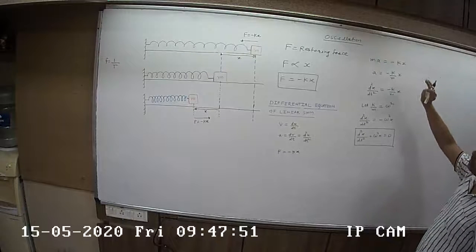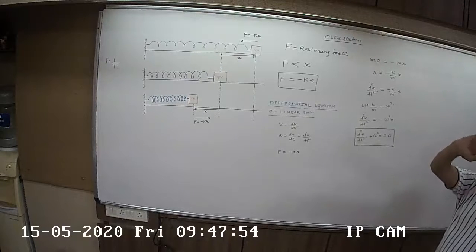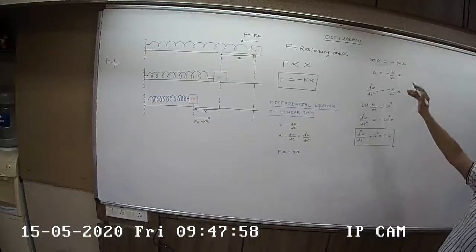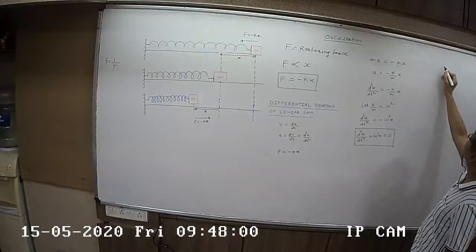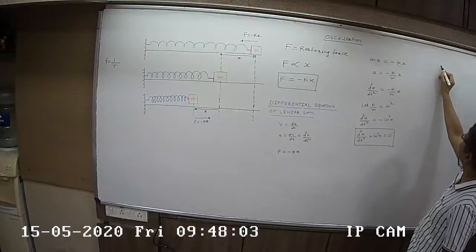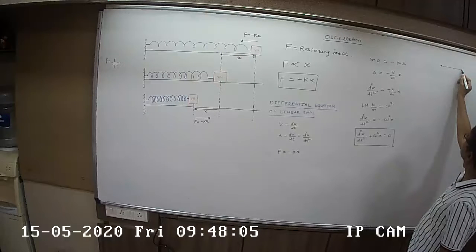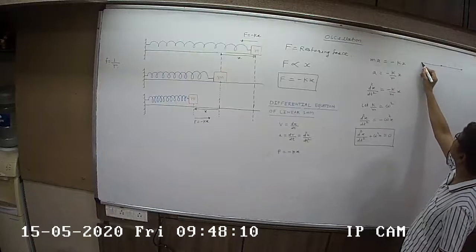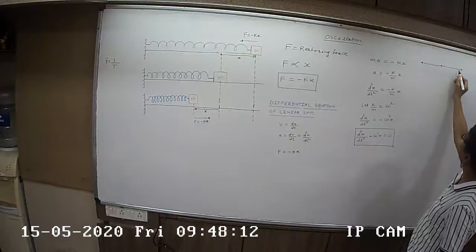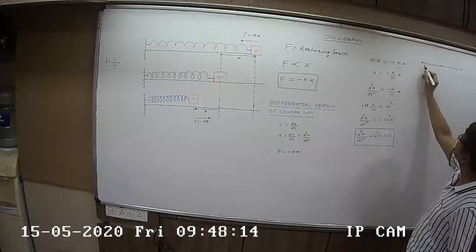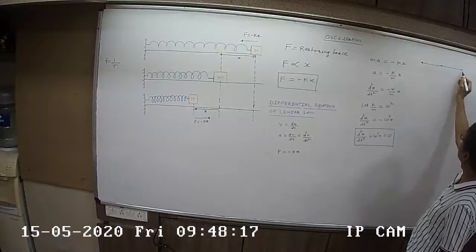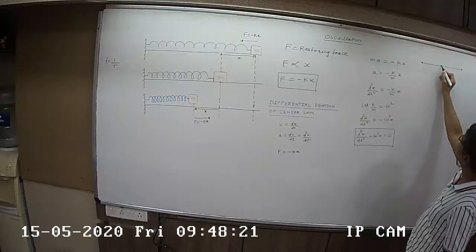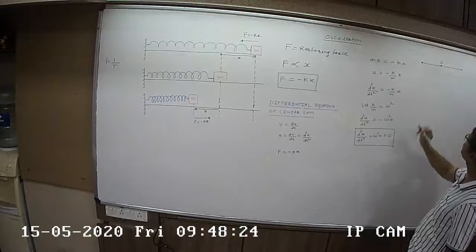Well, first I'll define a few terms for oscillation and then we'll start. For example, you look at it. Say this is the center of oscillation. This is called the mean position of oscillation. Say right extreme and say left extreme. This is the left extreme. And the body is performing oscillation like this, oscillating like this, between a right extreme and a left extreme. So this is the equilibrium position, say it is at the origin.